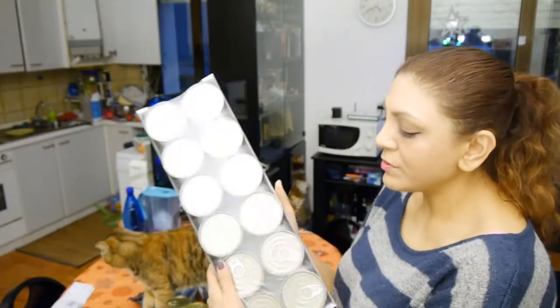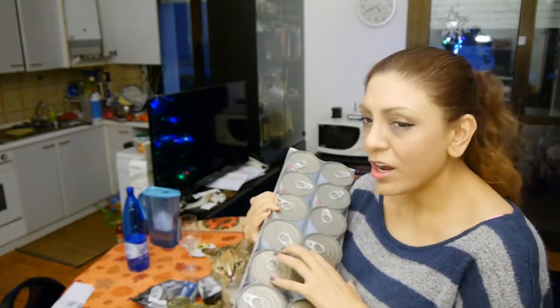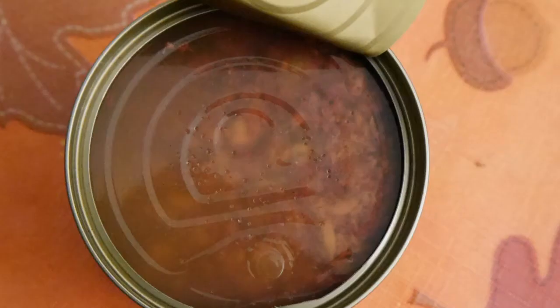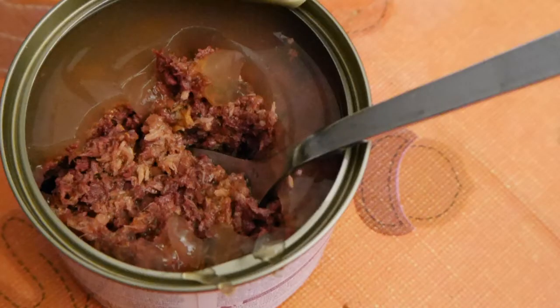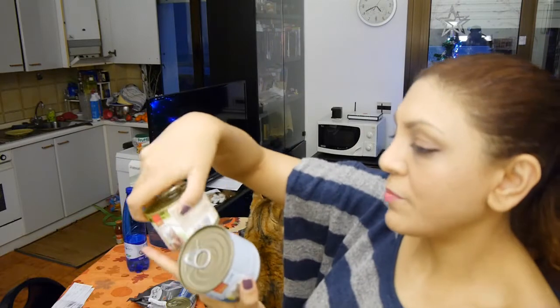Some more Schmoozy Nature, but this is the pure fish version. So I got pure tuna. I got 12 of the Schmoozy Nature tuna fish, so tuna flavored. And this is 185 grams. So that means I think this one is actually 190 though, because I remember one was more. Yeah, this is 190 grams. This is 185 grams. This costs more, but it's pure tuna. So it's like canned tuna for cats. 82% moisture, 13.5% protein, and then crude